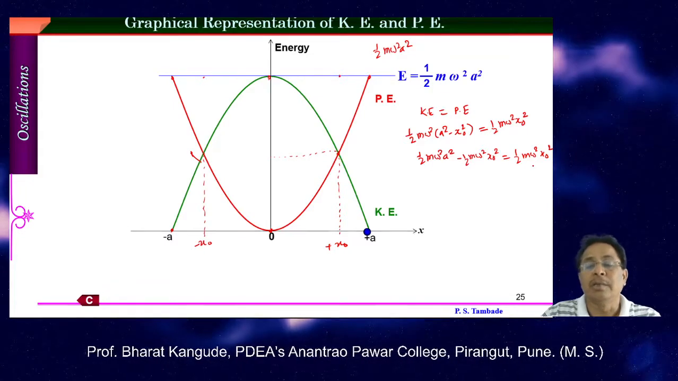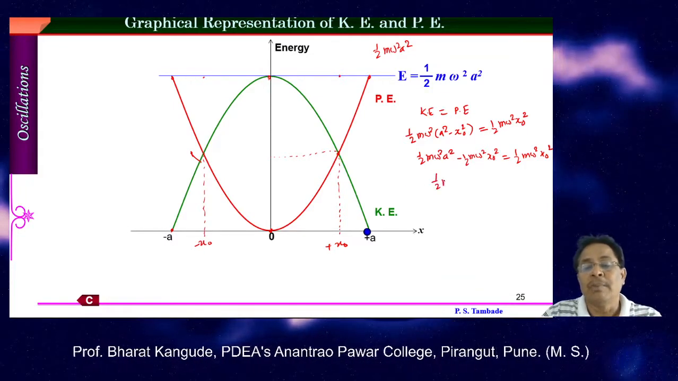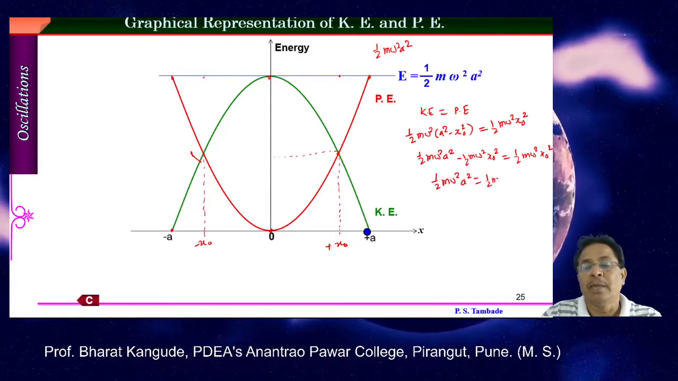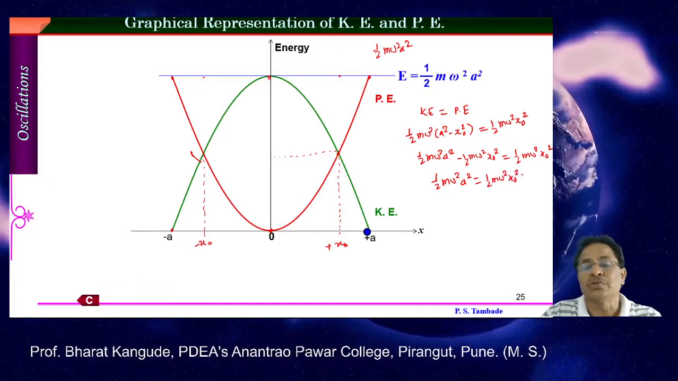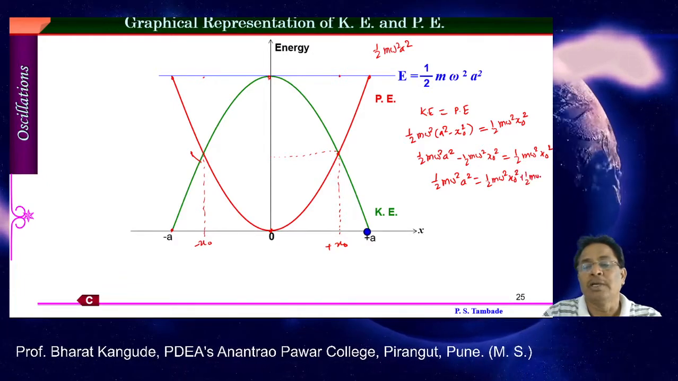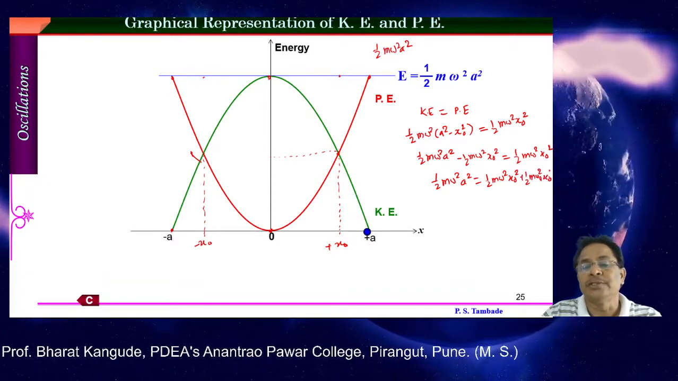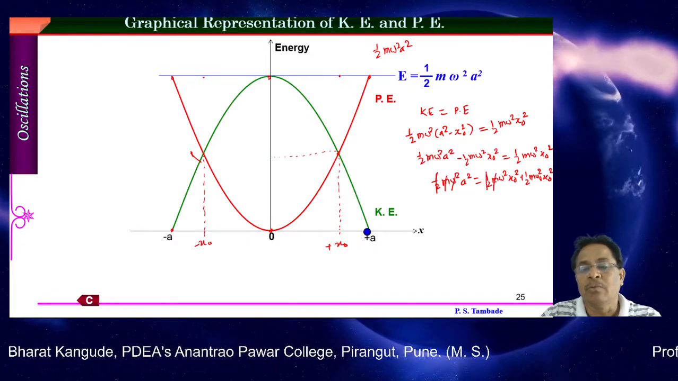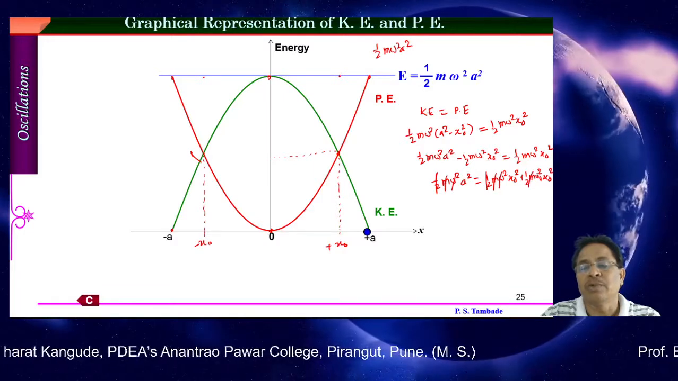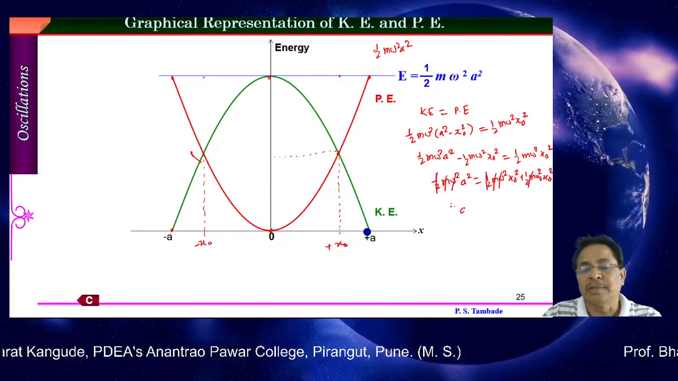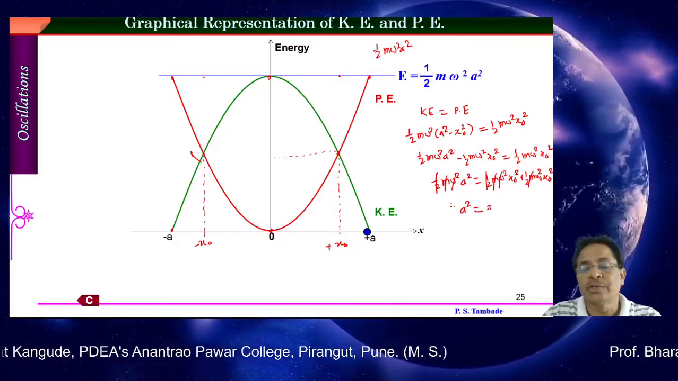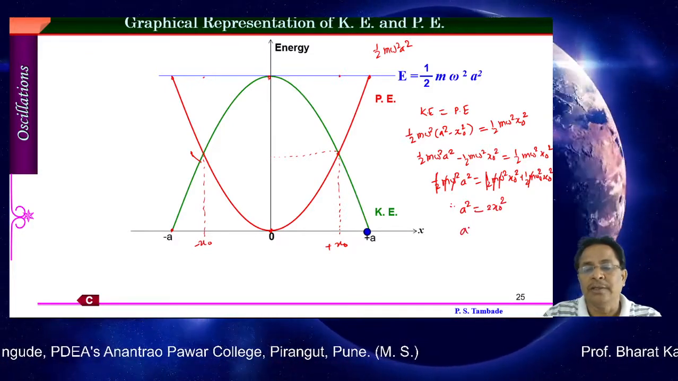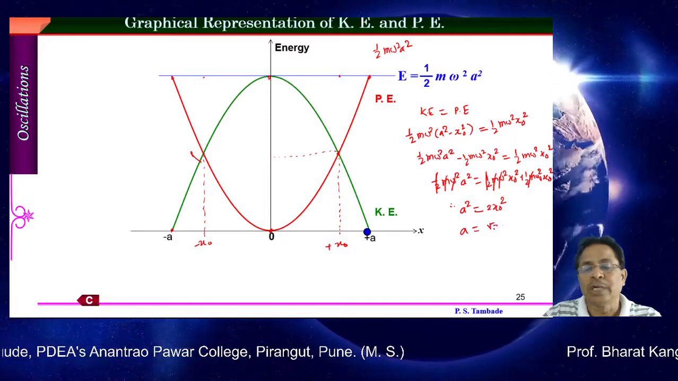Taking it here, it will become plus. So I'll get 1/2 m omega square into A square is equal to 1/2 m omega square into x0 square plus 1/2 m omega square into x0 square. So here 1/2 m omega square, 1/2 m omega square, everything gets cancelled. I'll get the expression A square is equal to twice x0 square, and therefore A is equal to root 2 times